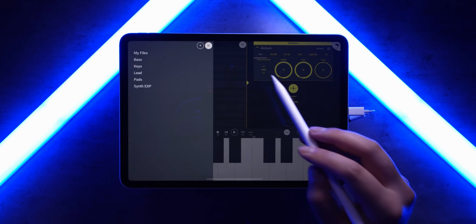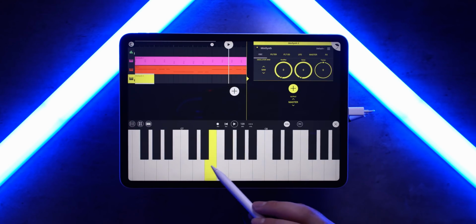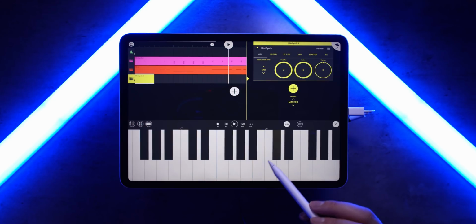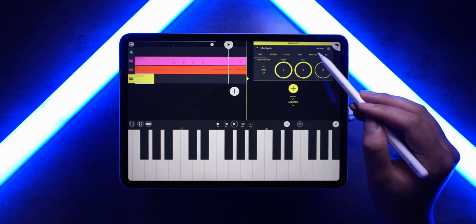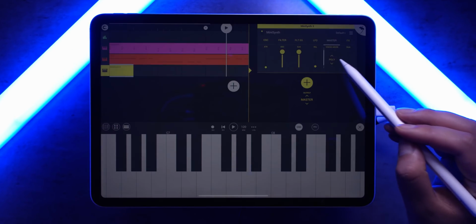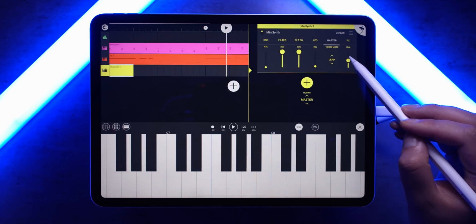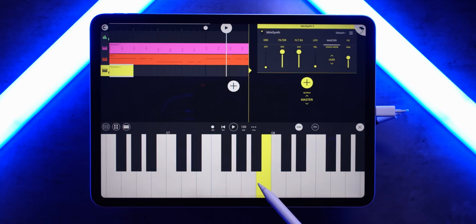I think it's just going to be another one of these mini synths. Now, for this sound here, I don't actually think I'll change it too much. I actually quite like this as a lead sound. Kind of sounds like Grand Theft Auto San Andreas, but one thing that I am going to do is I'm just going to go over to the master section. I'm just going to change this over to lead, pull this up a bit, and now